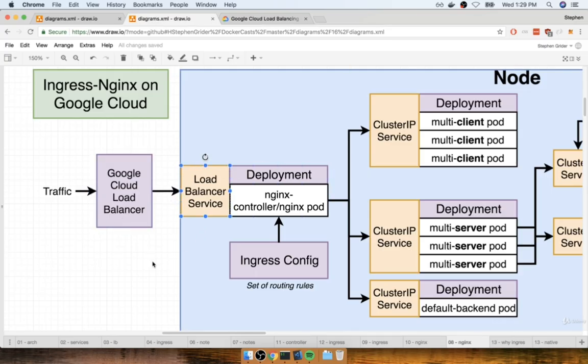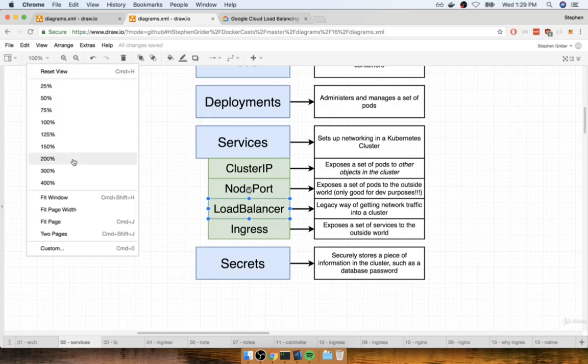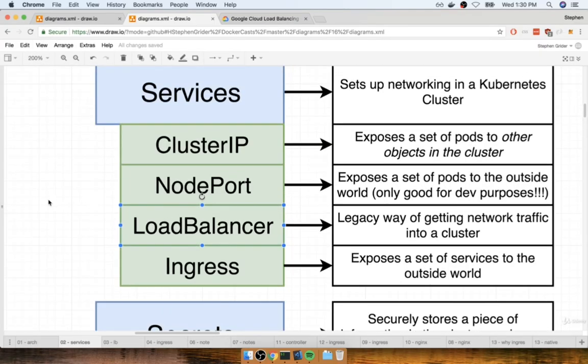Once that load balancer is in effect, inside the cluster itself, the deployment that gets created is going to get a load balancer service attached to it. Yes, the same load balancer service that we had discussed a little bit ago. So even though we had spoken about this thing and we had said, oh yeah, the load balancer service is kind of a little bit legacy and we don't really